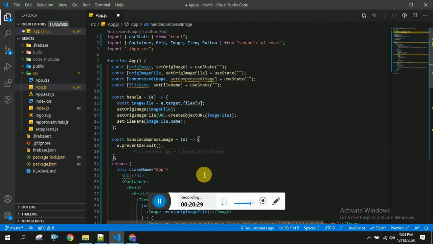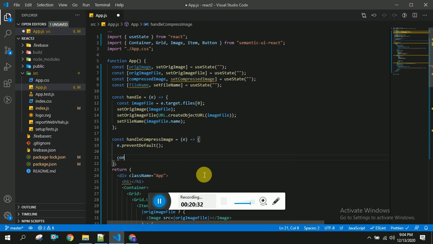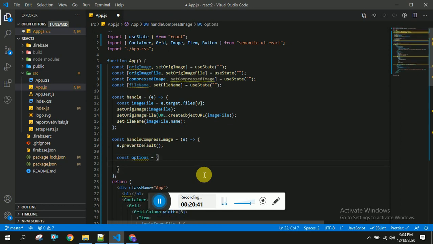Now I'm going to create some object called options equal to, so we are defining the maximum size of the particular image what we have selected and maximum width like that. So for that I am going to write some property called max size in MB. We have to send these options to image compressor, that package.